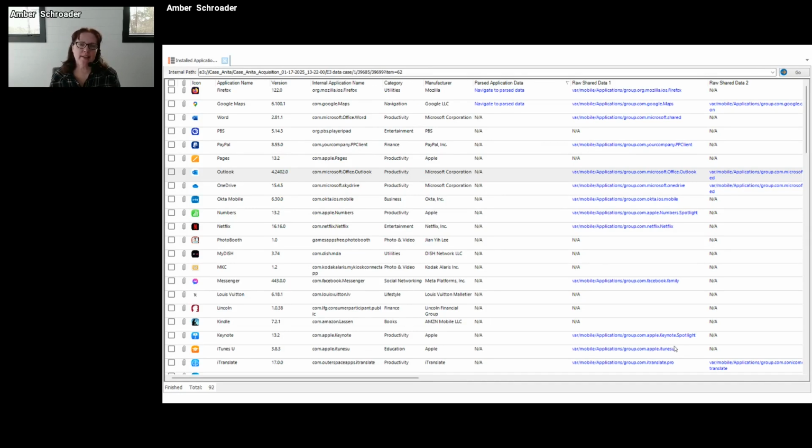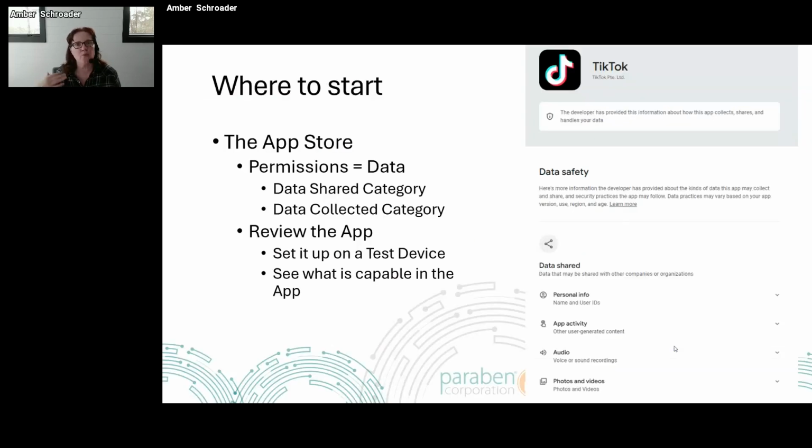So keep that in mind, that it's nice to be able to say, okay, here is my full list of apps. Let me find the ones that are potentially unique to my particular investigative scenario or use case that I'm working through. And then the nice thing is being able to go and reference those raw data points as well. So what I start with, if I have a unique app, I might want to go and investigate what that app does.